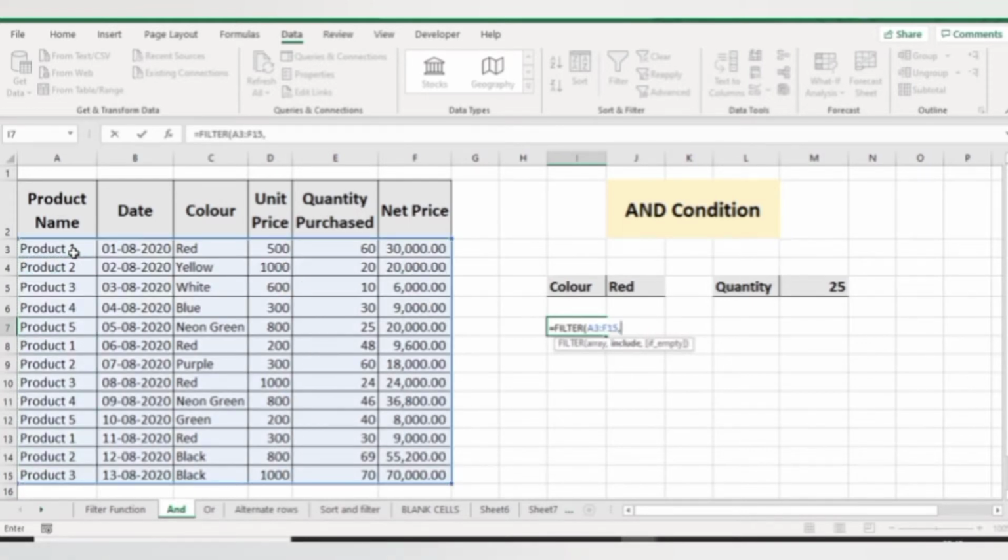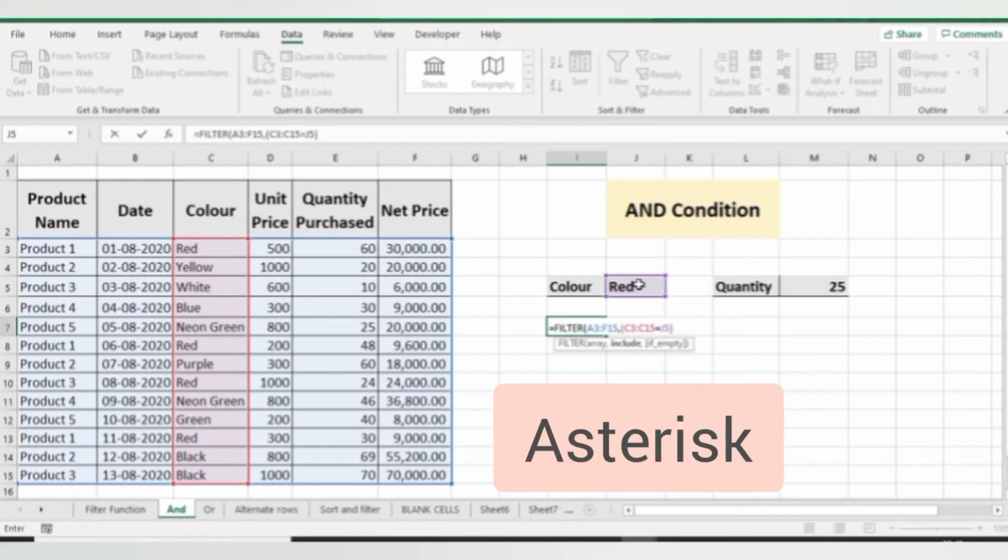Now next argument is include, and here I will use my color column as my criteria, which is equal to red color in J5 cell, and type this in brackets. Now for AND condition here I will use star symbol.